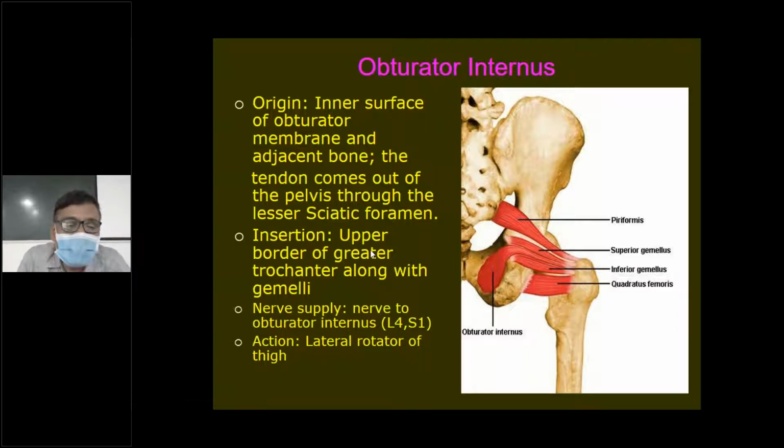The nerve is called nerve to obturator internus. Nerve to obturator internus is somewhat a famous nerve. Please note that it also supplies the superior gemellus. We'll see later. Again, as per the orientation, it is transversely orientated behind the hip joint, so this is also a lateral rotator of the thigh. So that is about the obturator internus muscle. It is a slightly confusing muscle because you cannot see the whole muscle in a single opportunity; you have to wait for it.